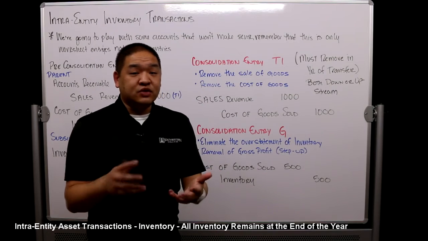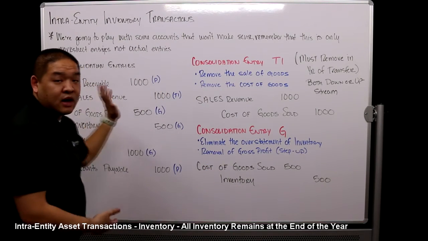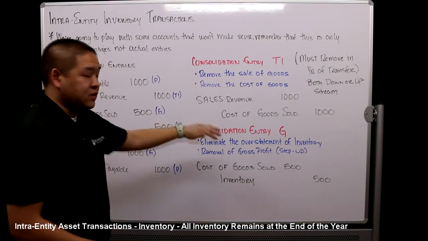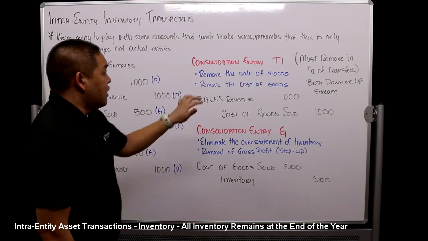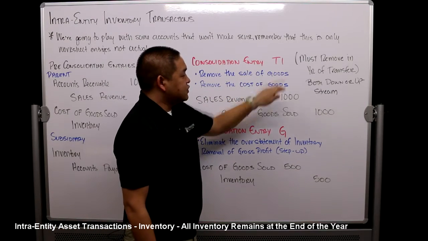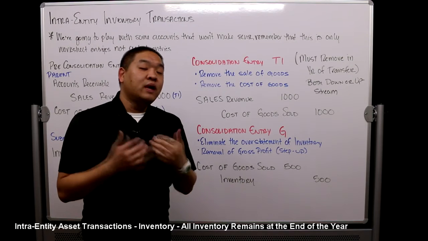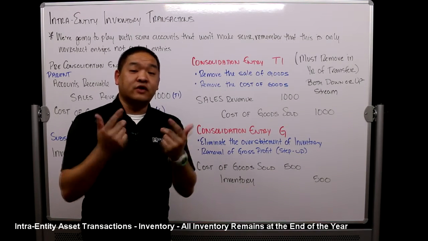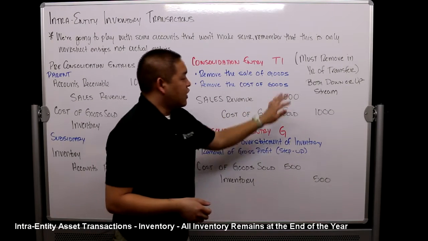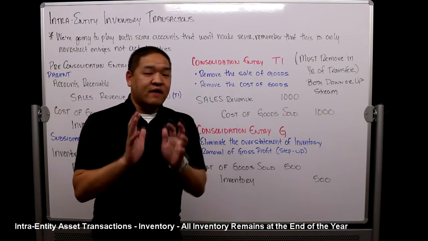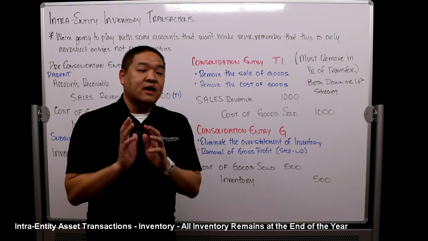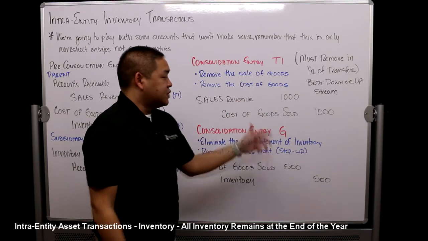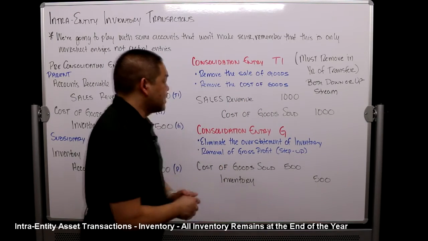Now, we literally could just reverse the entries that we originally did. Okay, we could do that, but we don't. In consolidations, we follow TI, and then we'll talk about G in a minute. The one thing that we have to remember is that we must remove it in the year of the transfer. So what we would do is keep track of our intra-company transactions and at the end of the year reverse them out. Okay, this is both for downstream and upstream. Again, we haven't talked a lot about downstream and upstream. We'll talk about those in other videos, but just assume for now downstream and upstream both work the same way. So what do